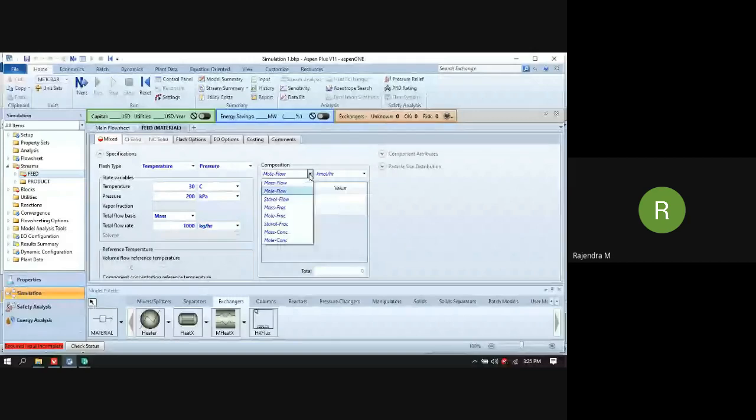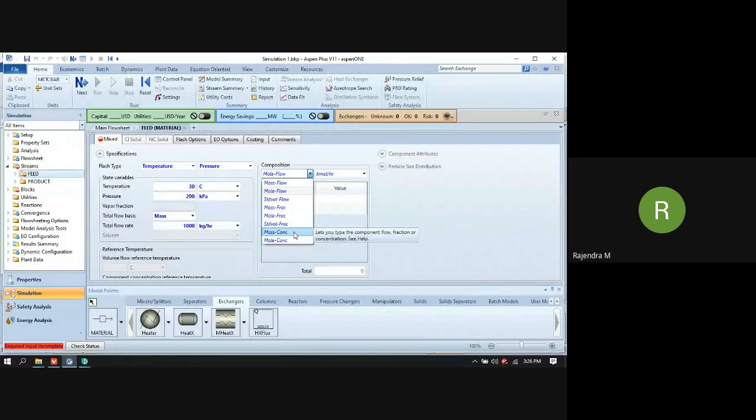So composition you can provide on the right hand side in terms of a mass flow rate, molar flow rate, standard volumetric flow rate, mass fraction and mole fraction, standard volume fraction, and sometimes in terms of a concentration, in terms of a mass concentration as well as molar concentration. So this molar concentration and mass concentration are not available in HYSYS.